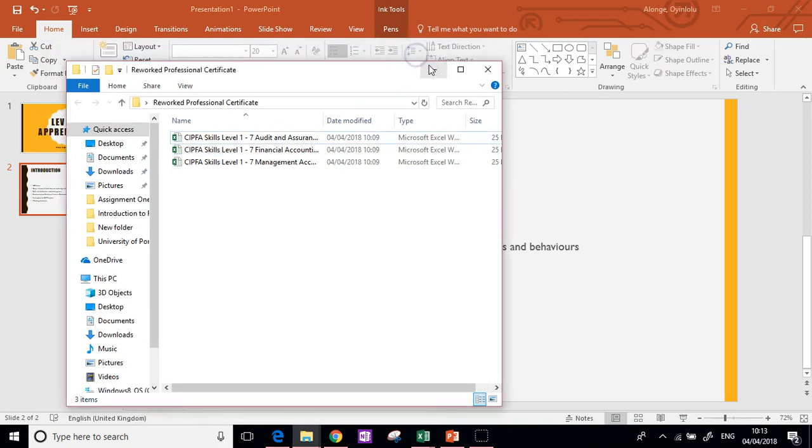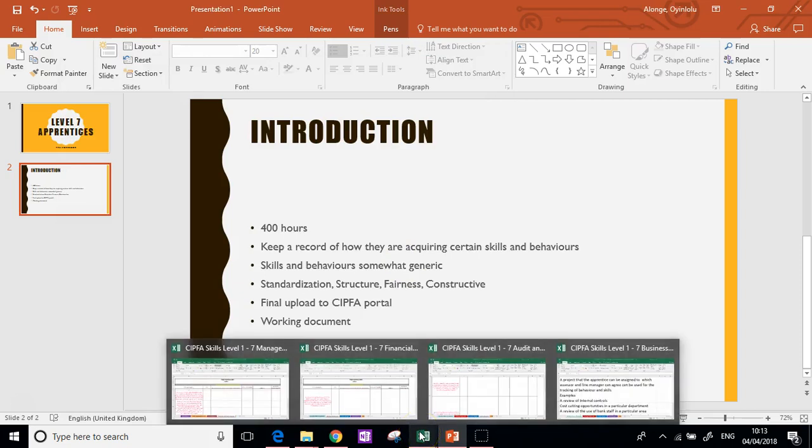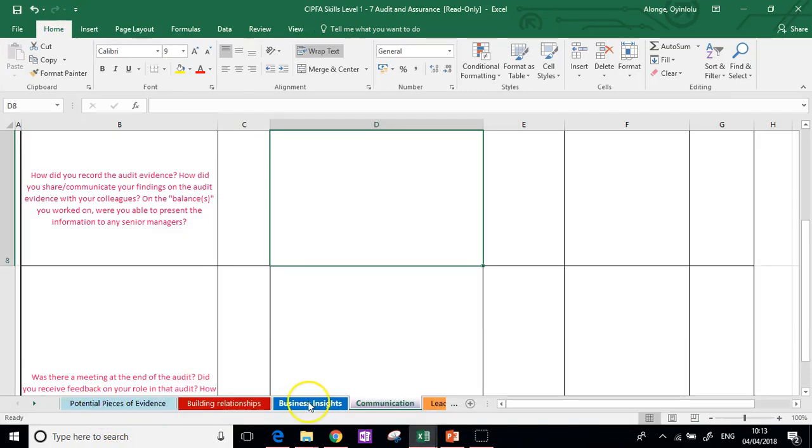Okay, so let's jump into a workbook, for example. Here's a workbook on audit and assurance. How it initially works: down below, every sheet is labeled, and at the bottom you have the skills and behaviors as we go along. But the very first